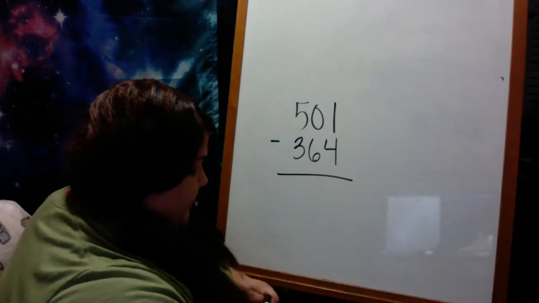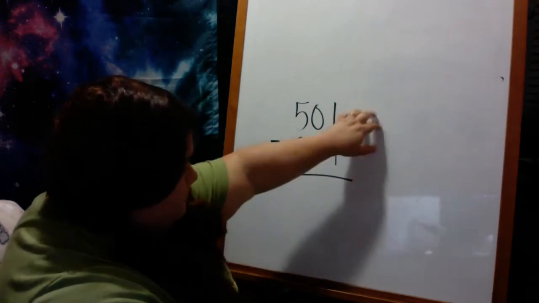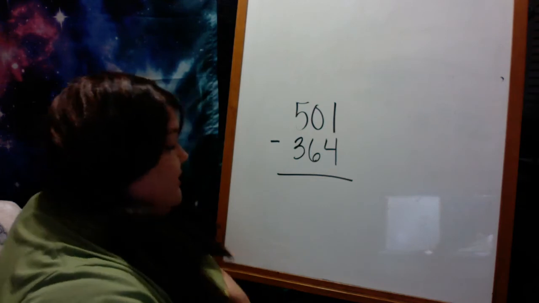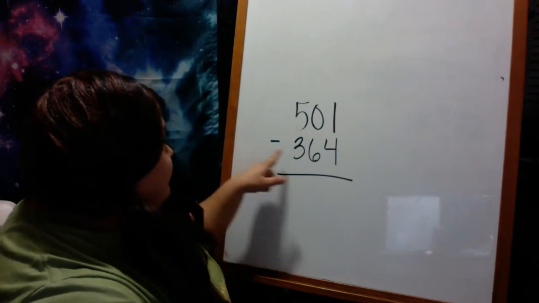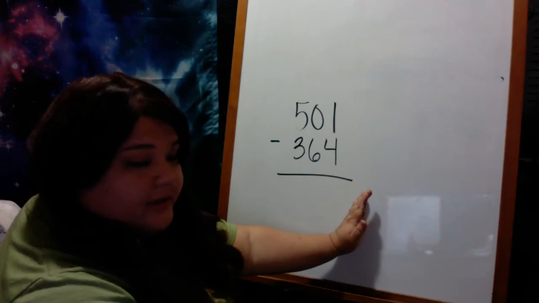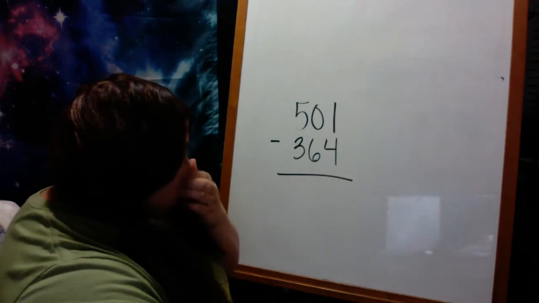So we know in math class, we always start on the right. Miss Davis is the opposite of Miss Conrad. In reading, you read left to right. In math, we start with the smallest place value almost every single time. So we start with the right. So I need to do